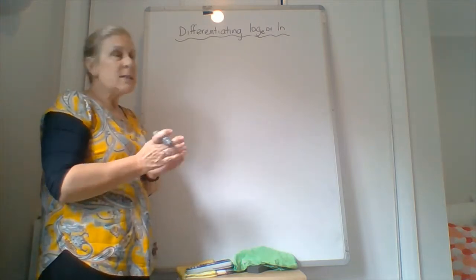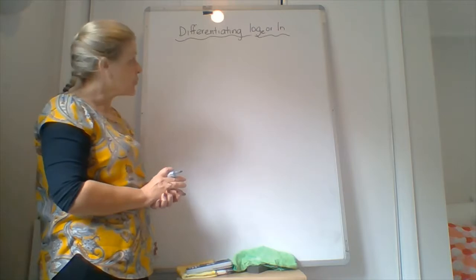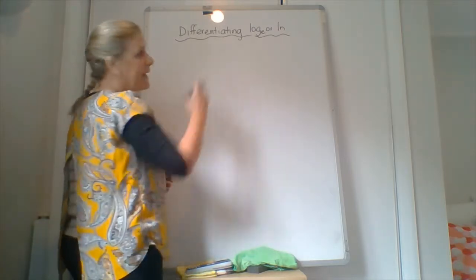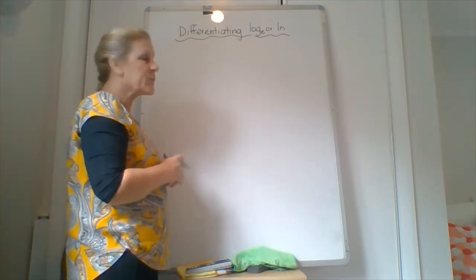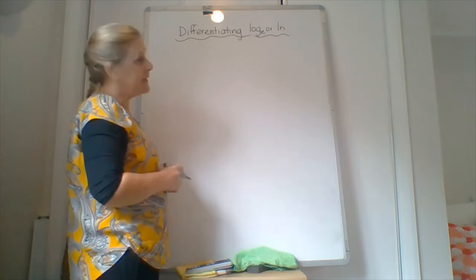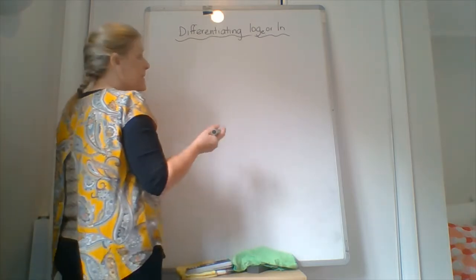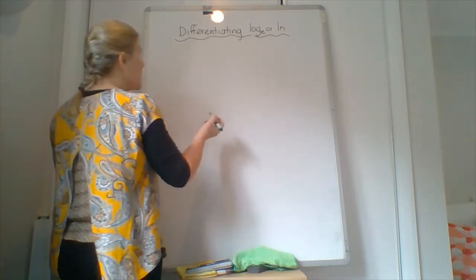Hi guys, today we're going to look at differentiating ln, or the natural log of x. So log e, or log base e, is called the natural log. It is opposite to e to the x, which is why it's got an e in it. And what we need to realise is that when we differentiate natural log, we get